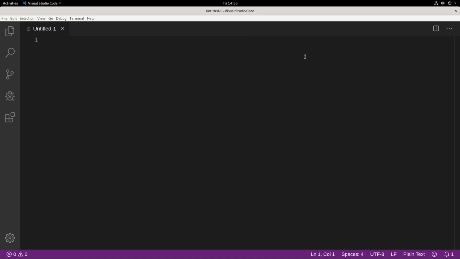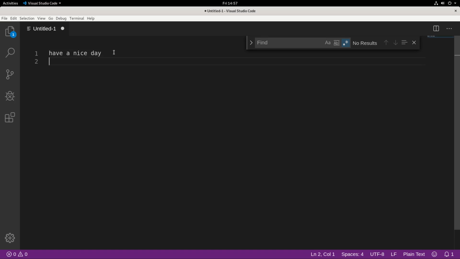In Visual Studio, all you have to do is hit Control F for the find or search, and then just click here, use regular expressions. And then I can go over here and type out some words, like have a nice day, hello world, Cisco, Microsoft, Linux, Unix, Python. Alright, so now we have several words, and let me capitalize a few of these,